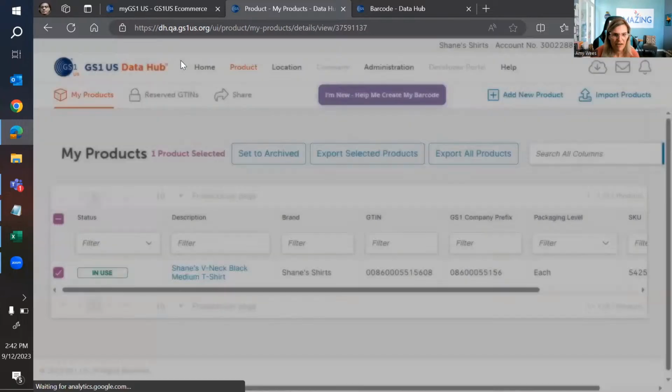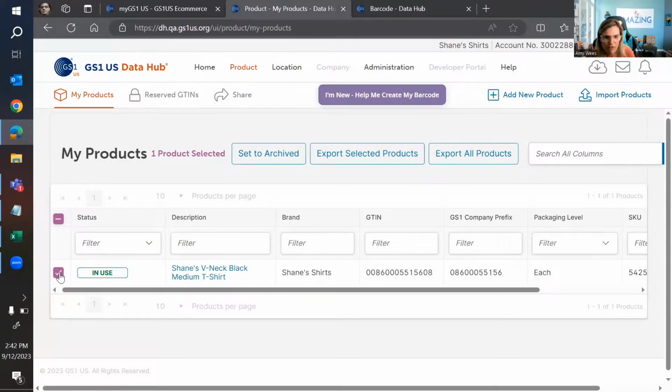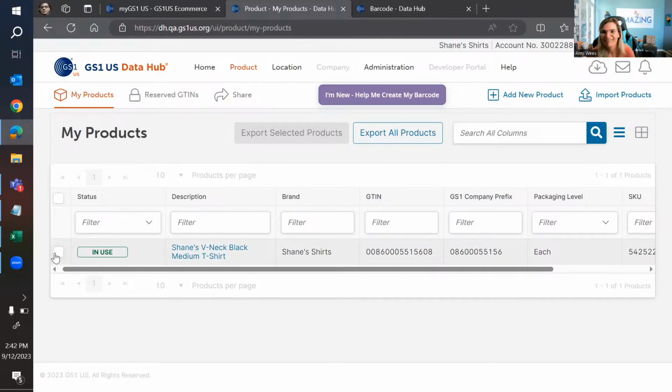Awesome. All right. I think that pretty much covers it. I think the only other questions people may have is, why would you set a product to archived? One of the problems that I've had working inside of Data Hub is I've changed a barcode or it's no longer in use, and I want to reuse it for a new product. And it won't let me. Once I archive it, or set it to out of use, when I try to reuse that same barcode for a new product in the future, I have not been able to figure that